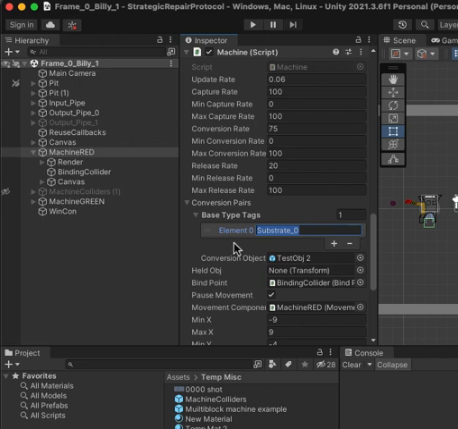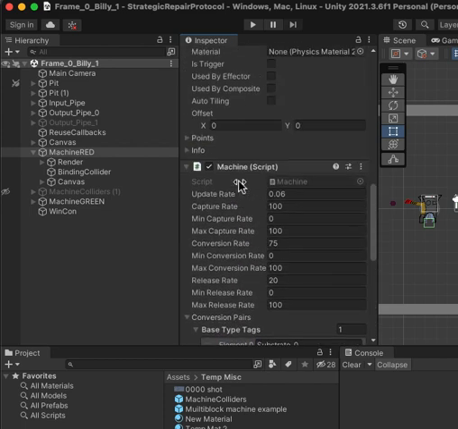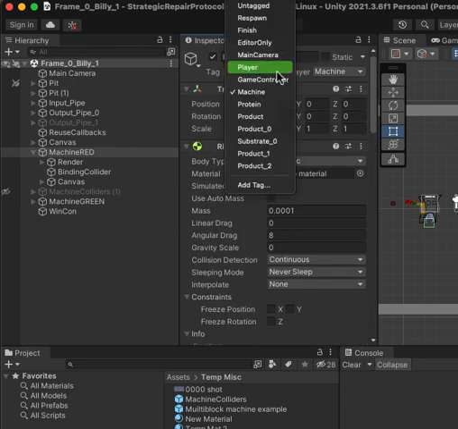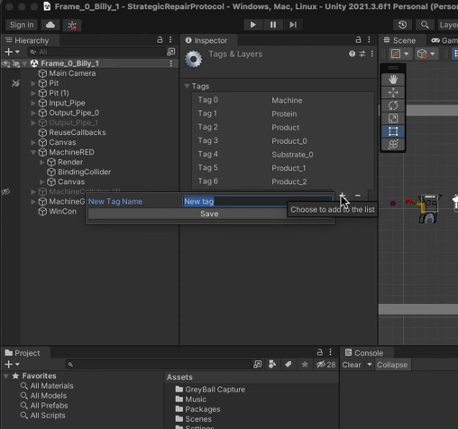So I think if you want to make another kind of object, you need to duplicate a test object and give it a tag, and you can make a new tag in here. When you go to tag, you can add tag, and you would hit this button, and you could make product 3, or whatever you want to call it, substrate product, you could call it blue circle, whatever you want it to be, and then you would have